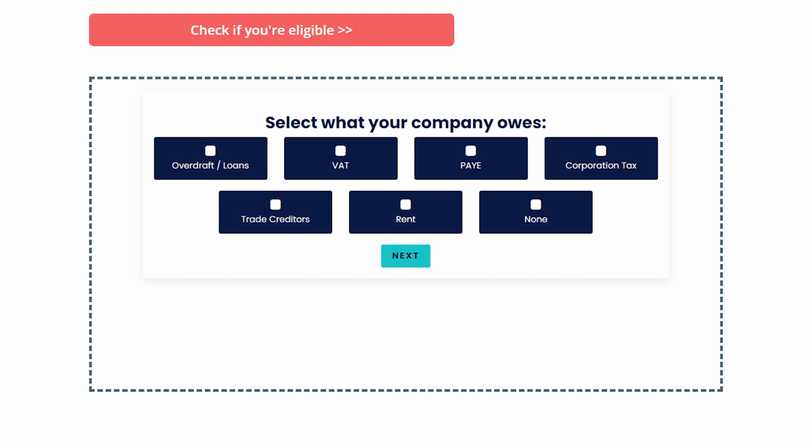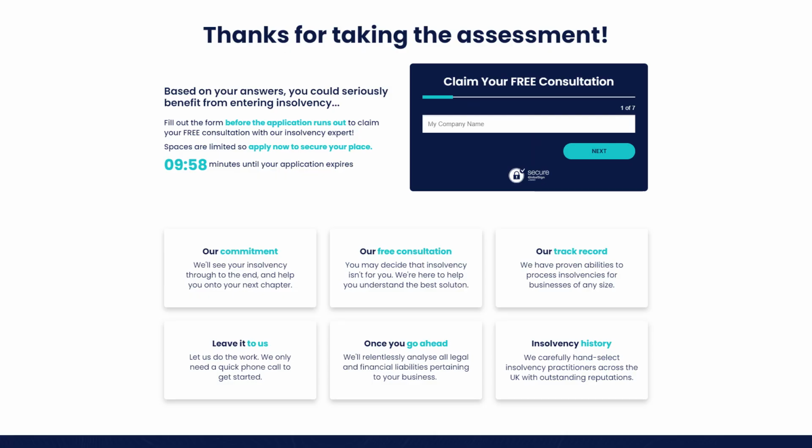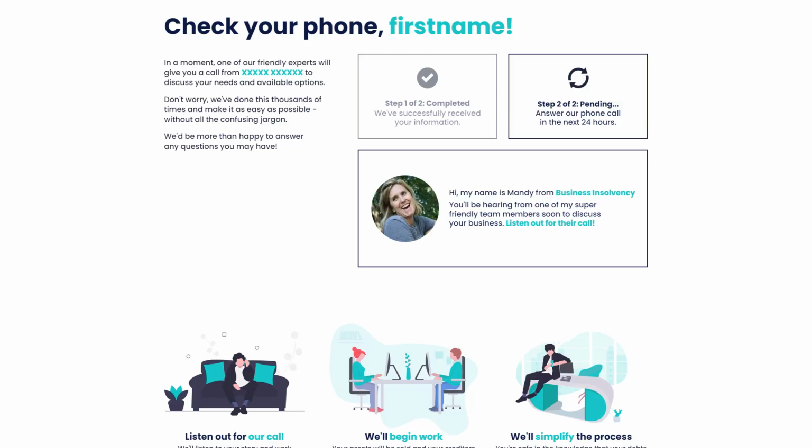So they complete the quiz. They're sent to a results page, which has a form on it. It says they qualify and gives all of the features and benefits. And then they put their details into that form on the page, and then they go to the thank you page and become a lead. All right, so that's probably the most common way we generate leads. It's really good for most niches, and we've done a lot of leads using this methodology, okay?